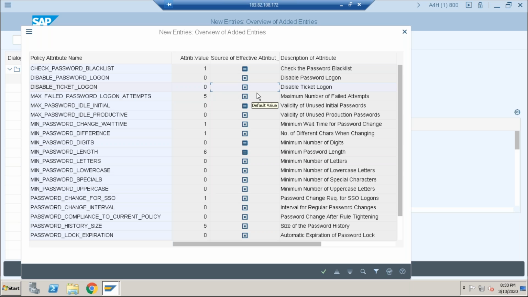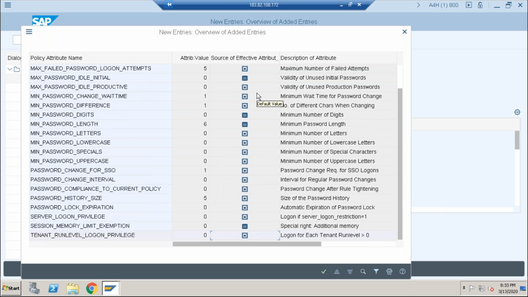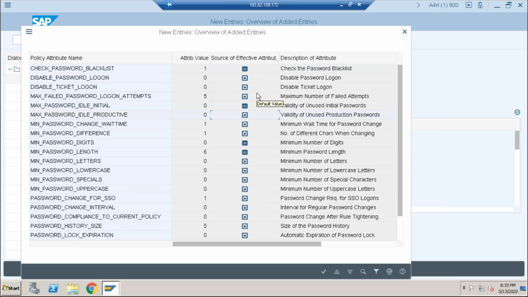Not equal to: you can put it as effective or non-effective, even super plus effective. Equal to means compulsory, that value is required, and only then is the password policy maintained. Otherwise the password policy is not maintained.